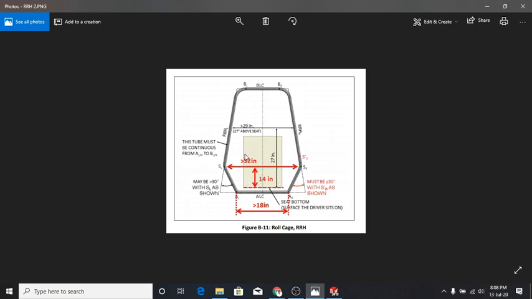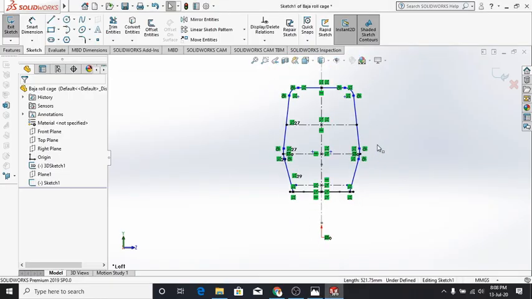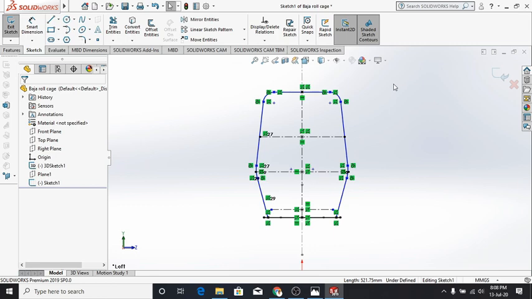The minimum given is 32, we have taken 34 inches. Above the seat it is 27 inches. The minimum length specified is 27, but we have chosen 31 inches. The height of the RRH, which basically decides the height of the roll cage, is 46.57 inches, which we'll be discussing later.